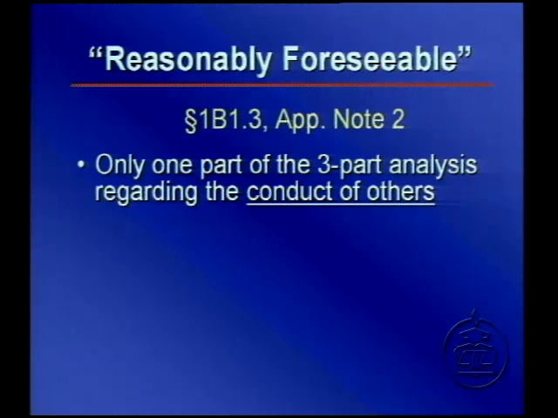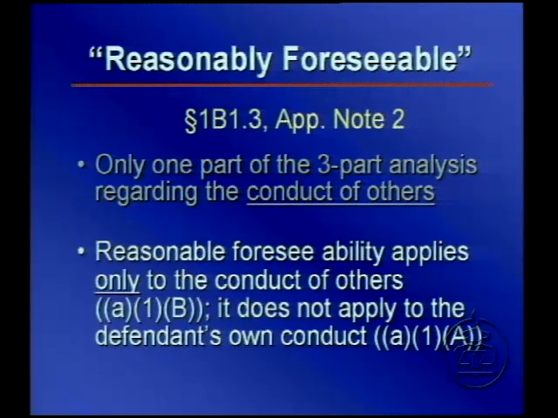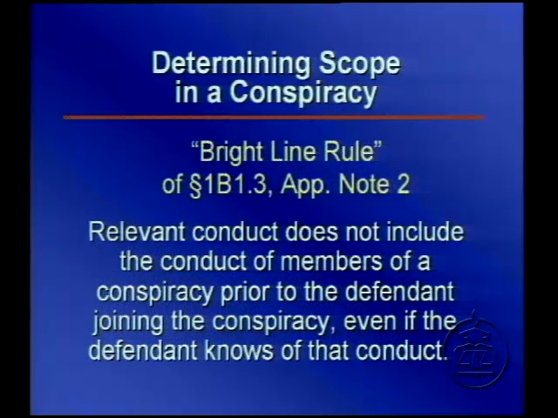I want to make another point about this concept of what is reasonably foreseeable. It's very important to remember that it's only one part of the three-step analysis, and it does not impact conduct that the defendant is solely responsible for. You're only talking about the concept of what is reasonably foreseeable when you're talking about the conduct of others. And the guidelines actually give us a bright line rule at 1B1.3 Application Note 2 that says relevant conduct does not include the conduct of members of a conspiracy prior to the defendant joining the conspiracy, even if the defendant